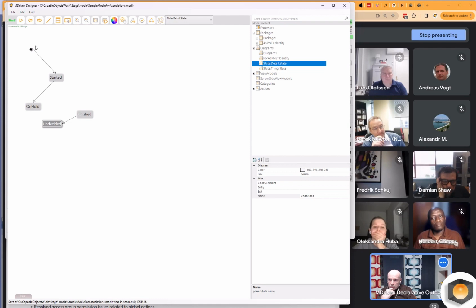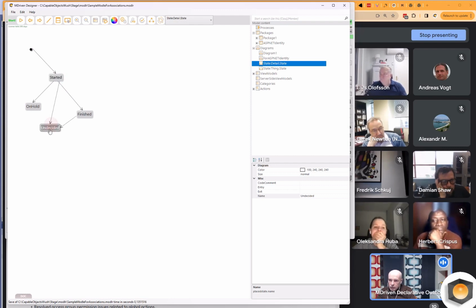So once the object is created, it will end up in started. And apparently I'm able to put it on hold. Maybe I should be able to go to finished as well, and to undecided.